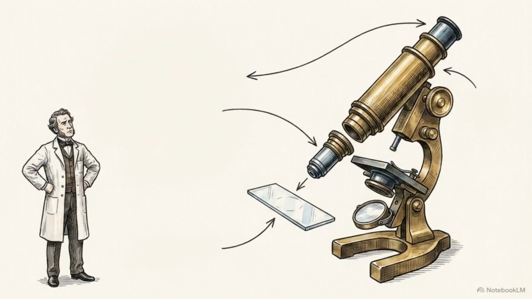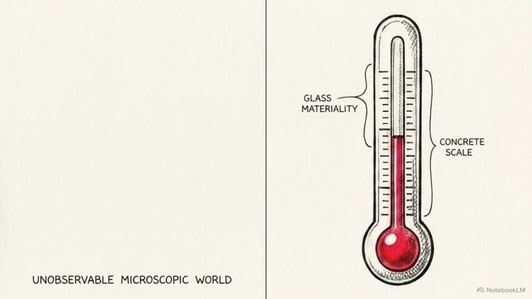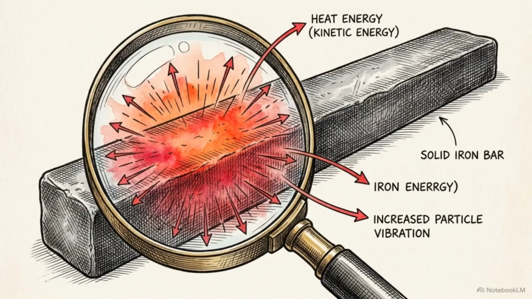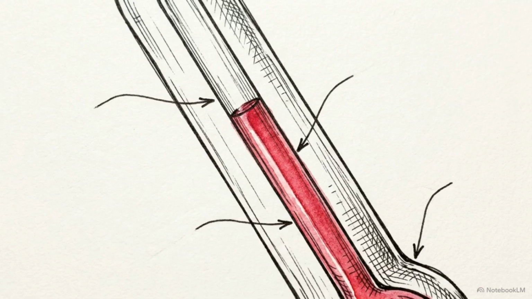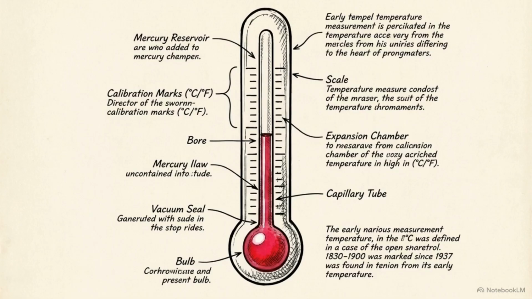Scientists cannot simply look at a microscopic molecule with the naked eye and clock its speed. Because we cannot directly observe this kinetic energy, we had to invent physical translators, tools that convert the invisible velocity of atoms into a visible, quantifiable language we can actually read. The most common tool for this translation relies on a physical workaround known as thermal expansion. As particles gain kinetic energy, they collide and push away from one another. The substance expands. Traditional thermometers trap this liquid inside a narrow tube. The thermal expansion is forced upward, allowing the column's height to act as a proxy for kinetic energy.